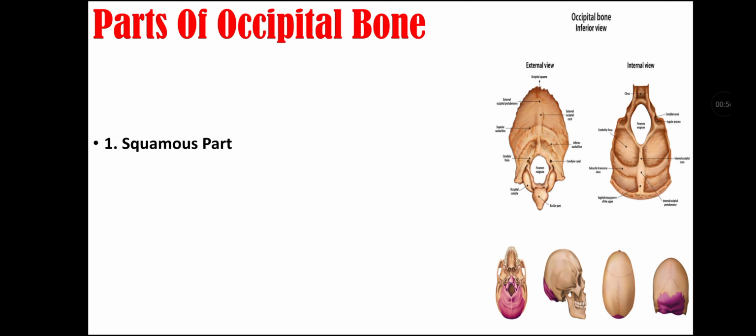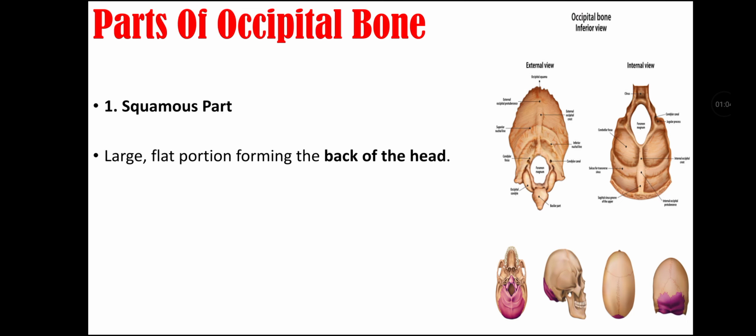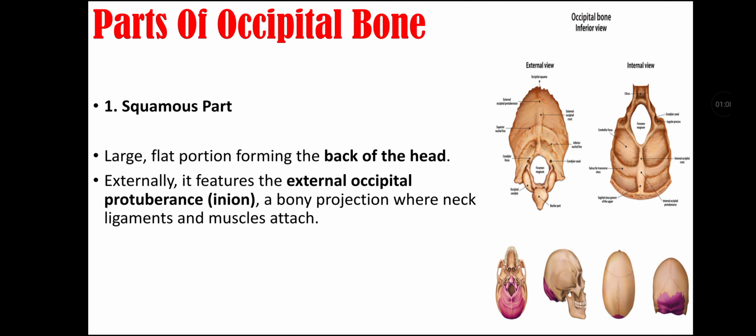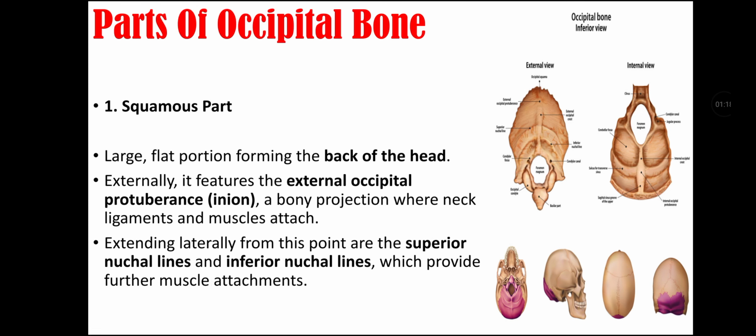Parts of the occipital bone. They are the squamous part, basilar part, and lateral parts. Now let's talk about these parts one by one. So the first part of the occipital bone is the squamous part. It is a large flat portion that forms the back of the head. Externally, it features the external occipital protuberance, that is also called the inion, that is a bony projection where neck ligaments and muscles attach. Extending laterally from this point are the superior nuchal lines and inferior nuchal lines, which provide further